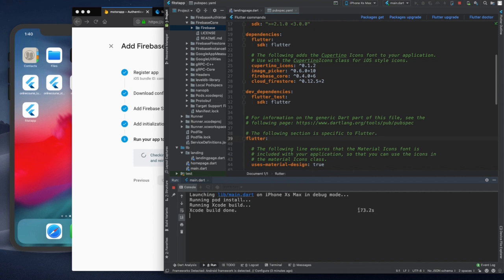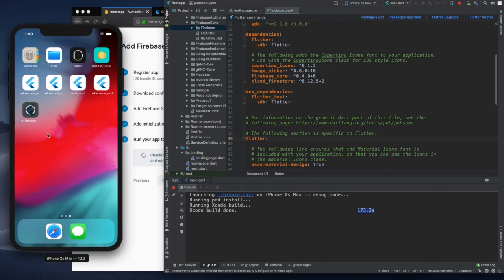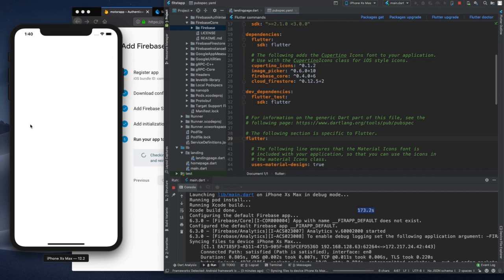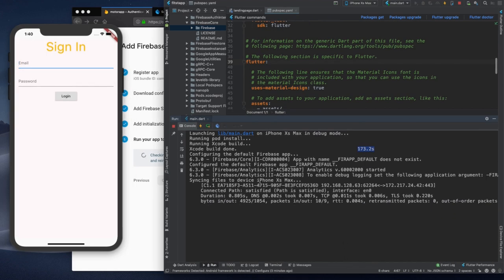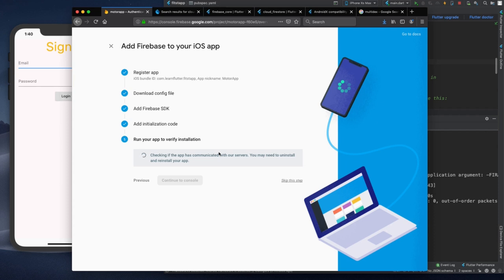Yep, we waited for 173 seconds and our app is installed on our iPhone finally. And you can see a lot of things happening here. It's connected with the Firebase, and I have to remind you that it's not instant. You have to wait for about half a minute for it to be checked,